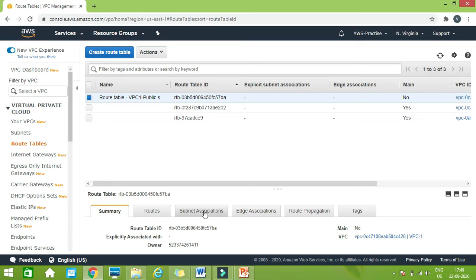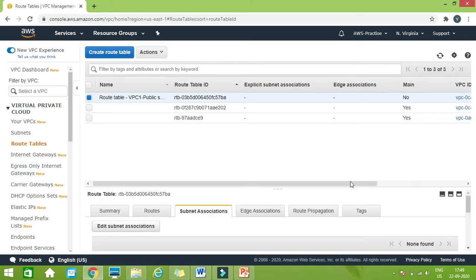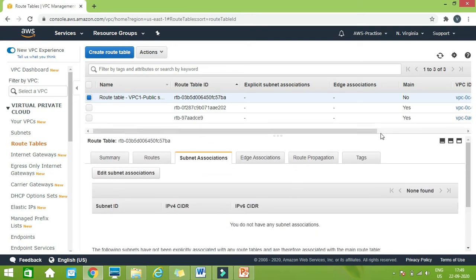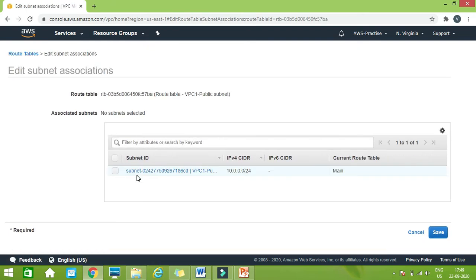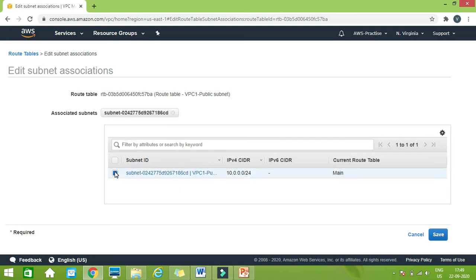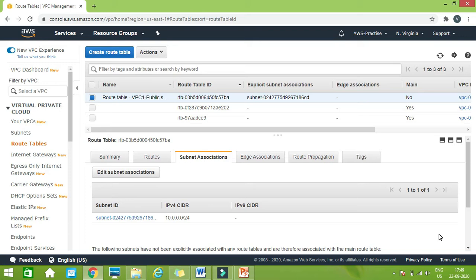So you have to go to subnet association, and then click on edit subnet association, and I want to associate my public subnet which is inside the VPC with this routing table. So I check this option and click on save. Now this routing table has an association with my subnet which is inside the VPC.